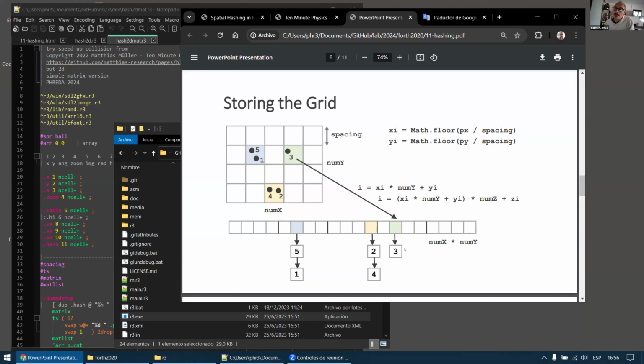Top, we've got Pablo, and you're doing spatial hashing in Forth. Here. Can you see the screen? Yeah. Well,